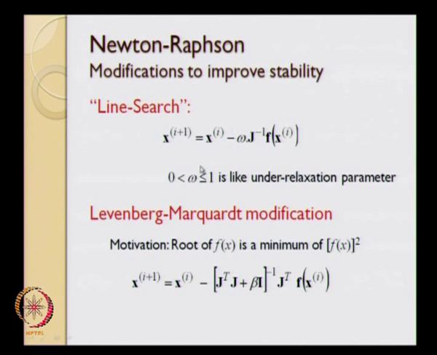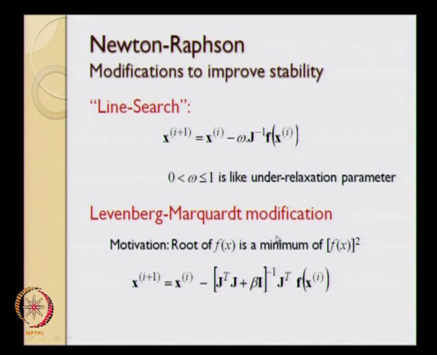This will reduce the speed of approach to the solution. This is definitely going to reduce the speed of approach because of the under relaxation, but it will improve the stability of this solution. And there are various ways to get a good under relaxation parameter. These ways are not covered in this particular lecture, and there would be suggested further readings if you are interested in knowing how to get this under relaxation factor.